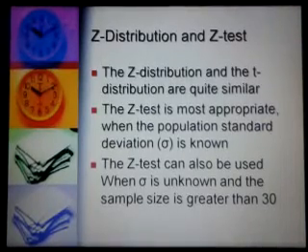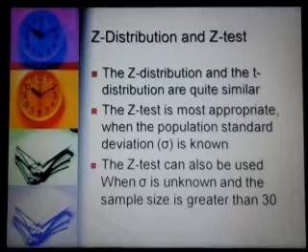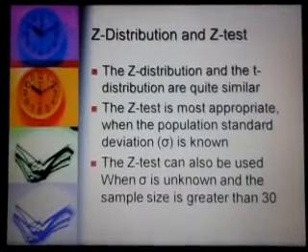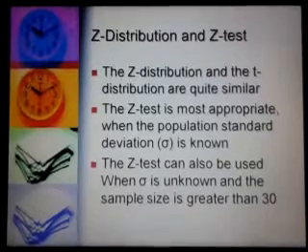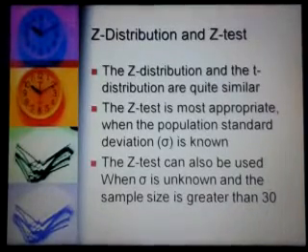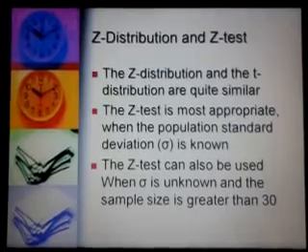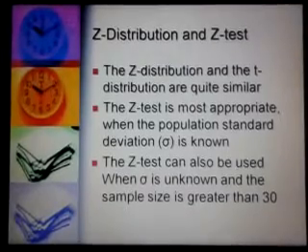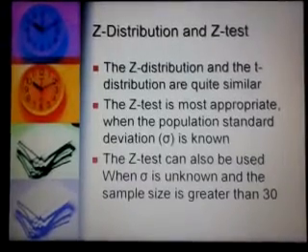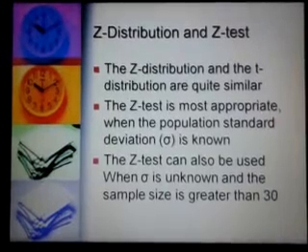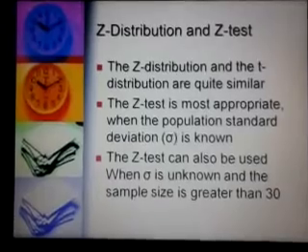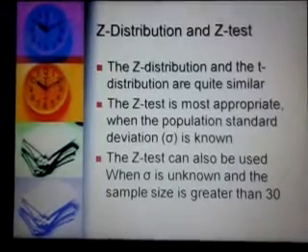Whether we know the standard deviation or we don't, we can use z-test when the sample size is large. With a small sample size and standard deviation known, again z-test can be used. Sample size less than 30 and standard deviation not known, t-test is used. So these are 4 situations, and in 3 situations we can use z-test. In one situation, where standard deviation is not known and sample size is less than 30, we can use t-test. This is all for this lecture. Thank you.